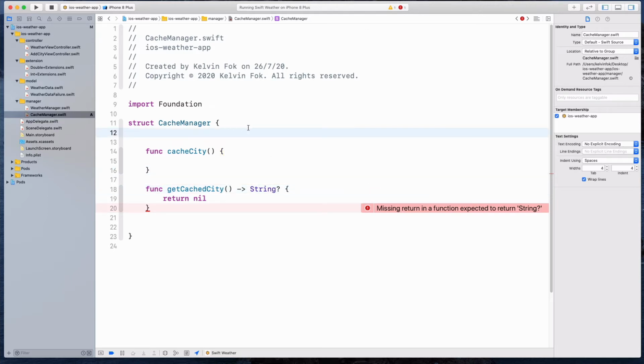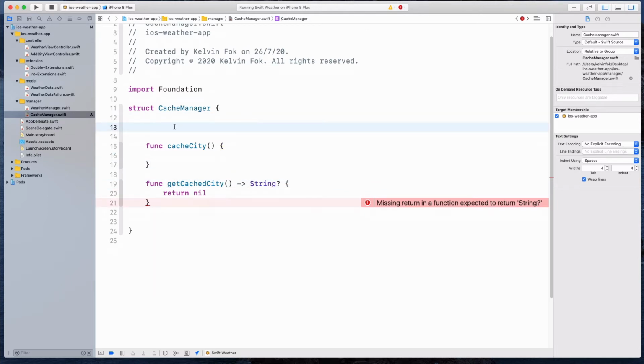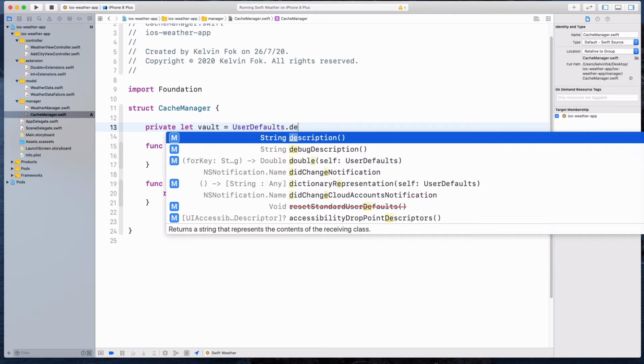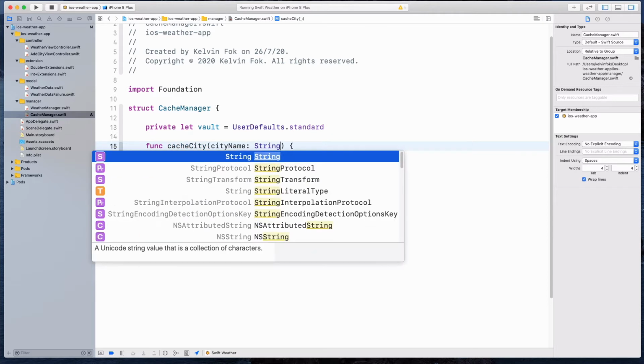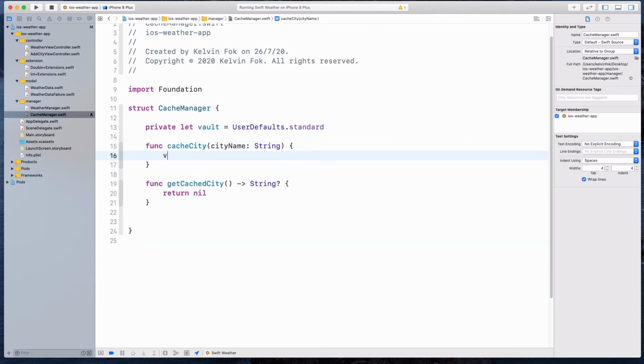Okay. So I need to add some kind of object over here that will be able to save this to the user defaults. So maybe I'm going to call this a vault. All right, I know it sounds a bit too serious, but I think it sounds kind of cool. So maybe let's call this UserDefaults.standard. All right, so if we want to cache the city, I think we need to pass in a city name, which is of type string. And then I'm going to do something like vault